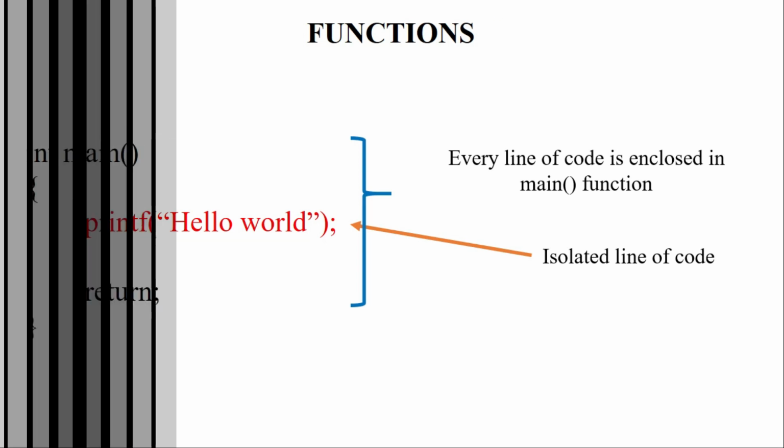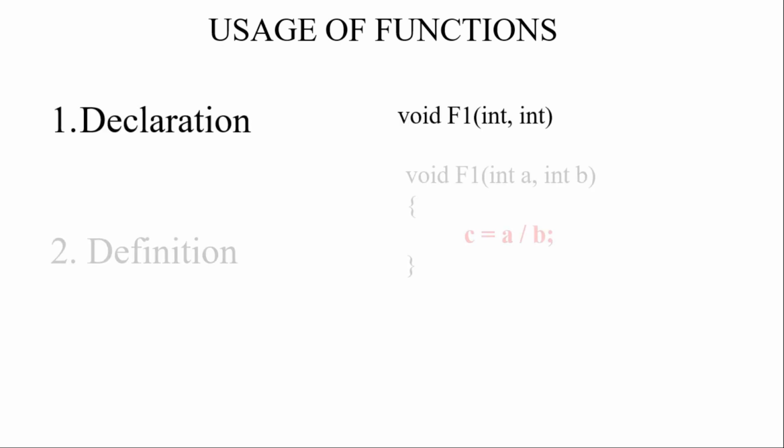But there are certain protocols or rules associated with the usage of functions. There are three properties associated with functions or any kind of identifier. By the way, if you do not know what is identifier, then watch the tutorial about tokens in C language from our channel. The link is in the description and in the pinned comments. Three properties associated with usage of any identifiers are declaration of the identifier, definition of the identifier, and call of